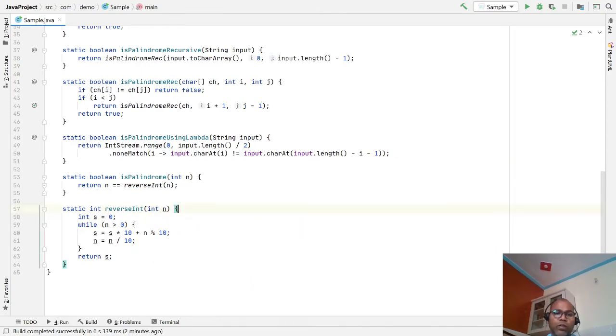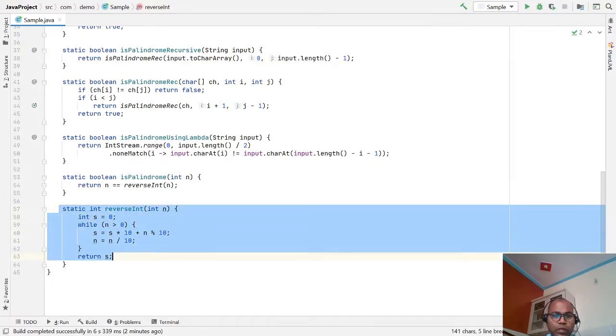If someone asks to write the same code using recursion, how will we do it? I can write the same code recursively.